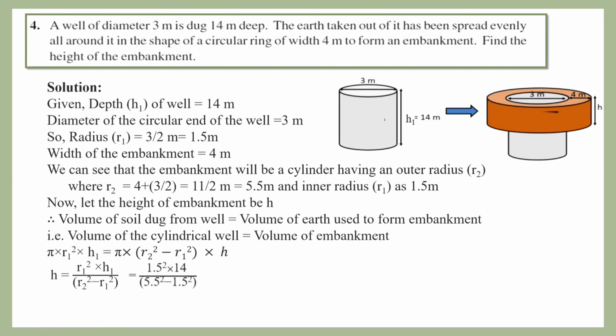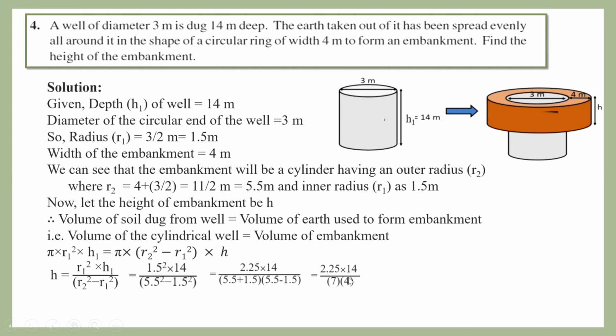Now this, I can calculate 5.5 square and then 1.5 square and then subtract. Or the easy thing that comes in my mind is to use a square minus b square formula. How much is that? It is a plus b into a minus b. So 5.5 square minus 1.5 square is equal to 5.5 plus 1.5 into 5.5 minus 1.5. So I get this 1.5 whole square written as 2.25. So this is how much? This is 7. This is how much? This is 4. So I get 2.25 into 14 divided by 7 into 4.